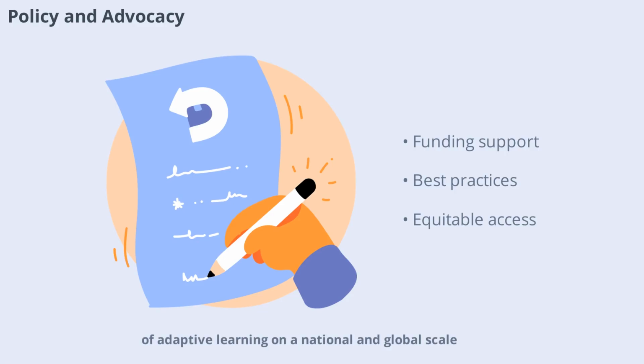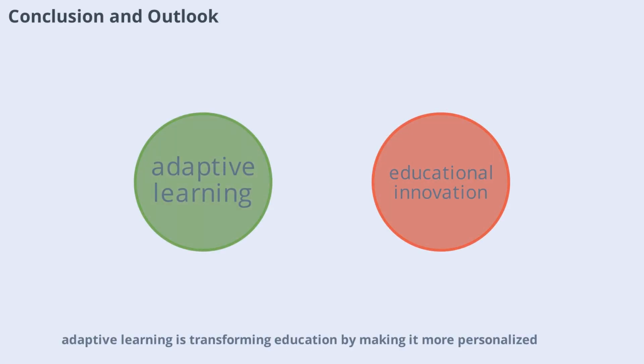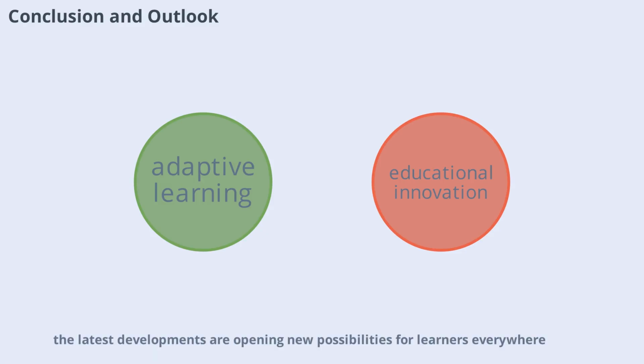national and global scale. Conclusion: adaptive learning is transforming education by making it more personalized, efficient, and accessible. From AI-driven recommendations to immersive virtual experiences, the latest developments are opening new possibilities for learners everywhere. As technology continues to advance, adaptive learning will remain at the forefront of educational innovation, empowering students and teachers to